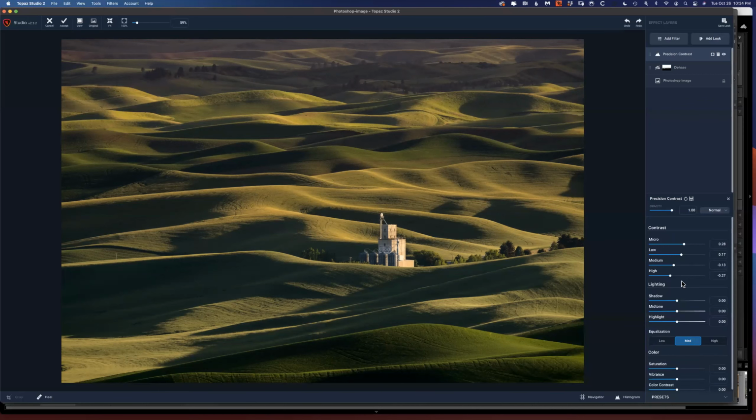And here's what separates this from a one slider in Lightroom or the Adobe ecosystem, I have 4. And this is why I like it so much. I have micro, low, medium, and high. Generally for landscape photography, excuse me for a minute,